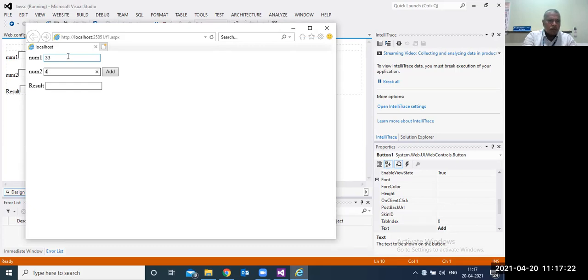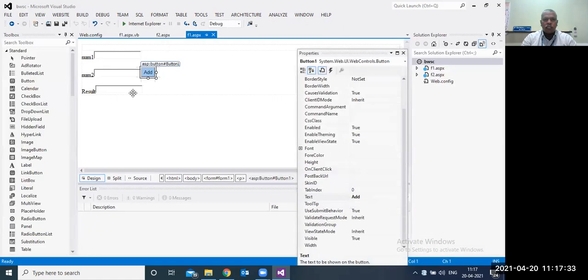Number 2, 44. I have to add. Result is 77. Now you can understand the usage of labels, text box, and buttons. These are the common things. We are already familiar with them in Visual Basic itself.